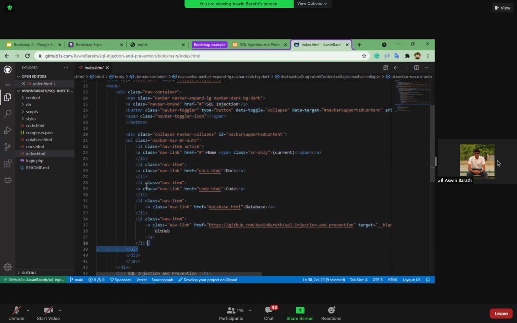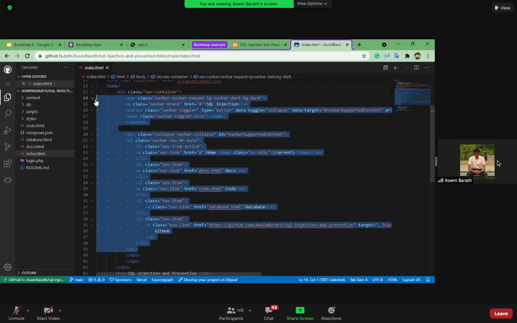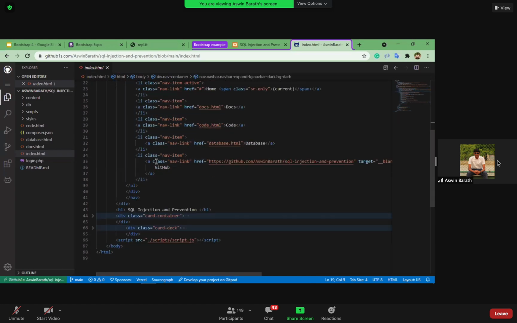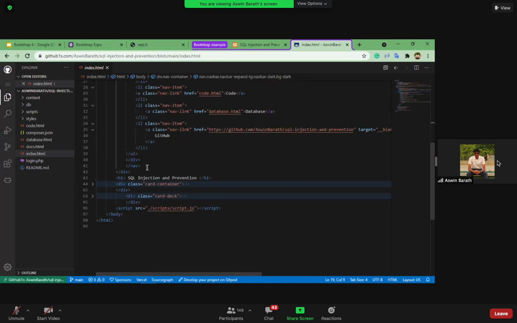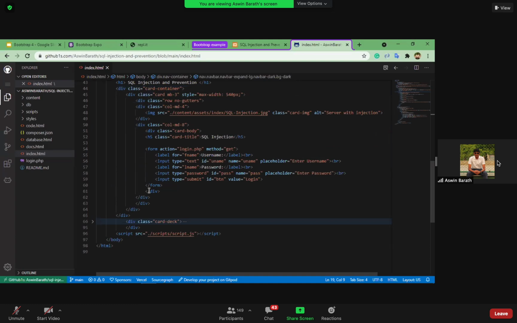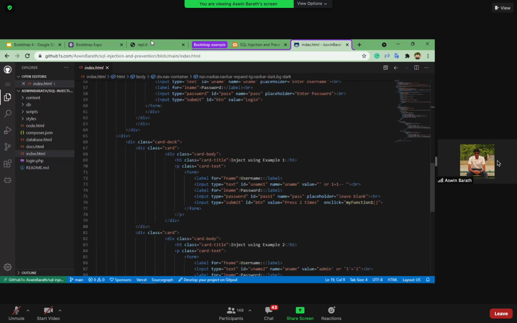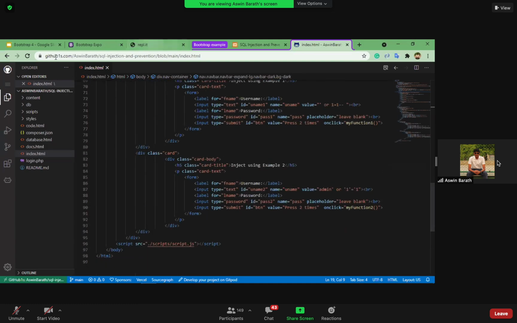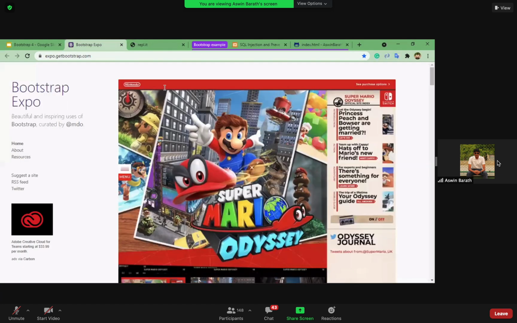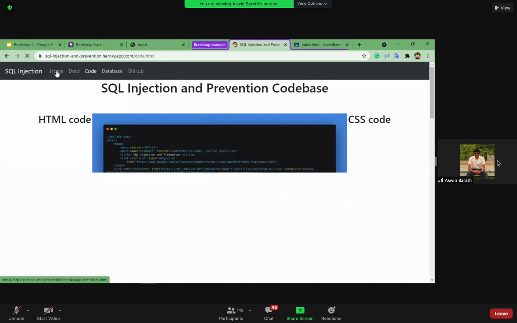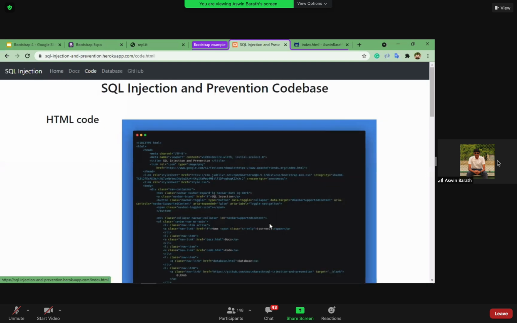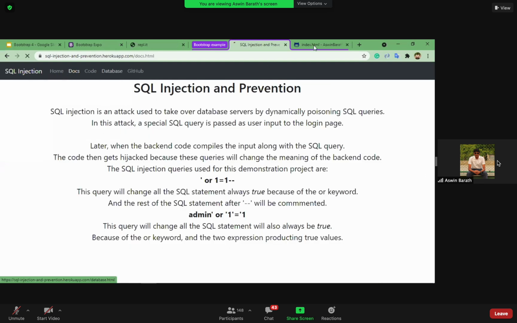Everything that we see is a simple list of elements wrapped under one single part, right? It's very easy to use. You can just use the template code that you get from the Bootstrap website, and you can build a really responsive website. As you can see over here, I just used Bootstrap for the front end so that it looks good.